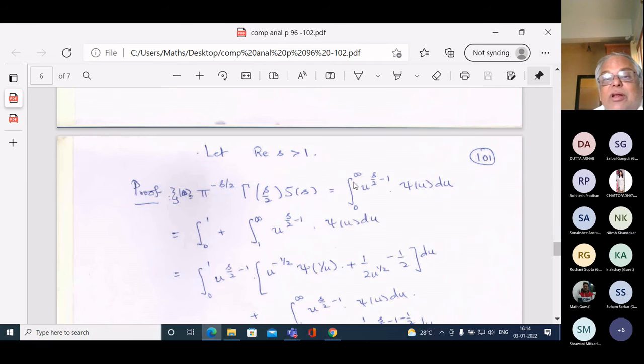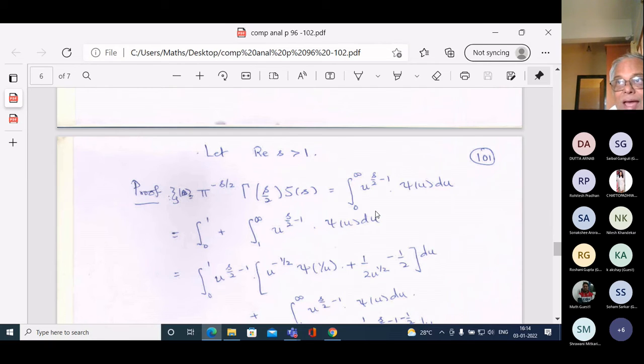Now this integral from 0 to infinity, I break it up. The problems I have are a problem at 0 and a problem at infinity, so I sort of break up these problems. It's always good when you're doing something to isolate the problems that you have. Don't think of all the problems at the same time. This is a deep philosophical statement. Don't try to solve all the problems of the world simultaneously, but try to solve them one by one.